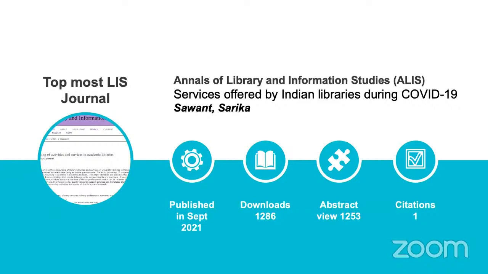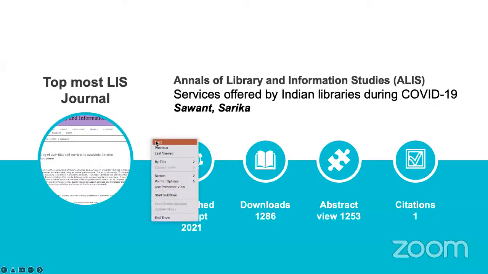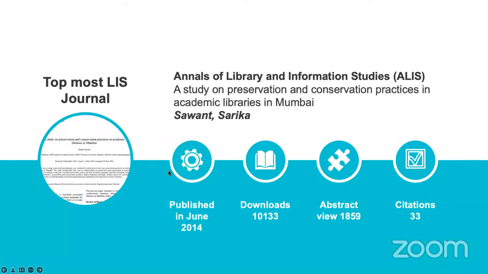So whoever reads my article may likely cite it in their own journal article, and when it gets published in any journal, I will receive the citations. So I'm not at all disappointed, because in this second article you can observe that it got published almost 8 years back, and has got more than 10,000 downloads.